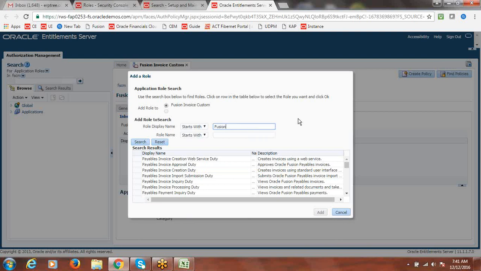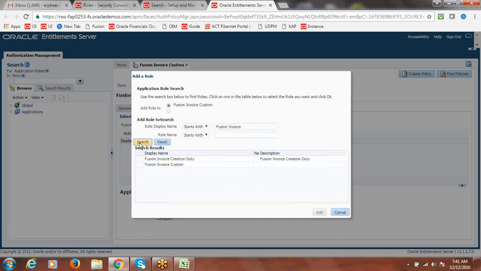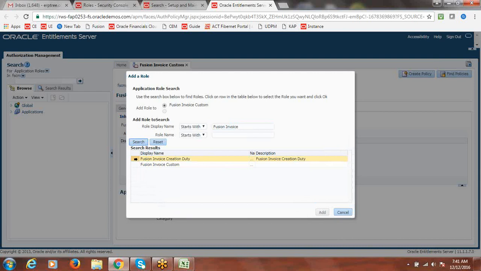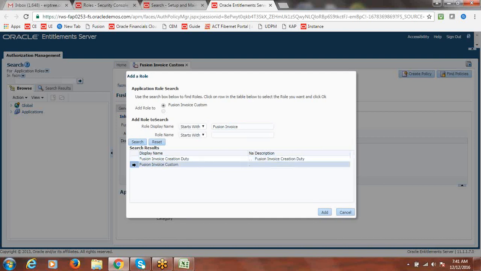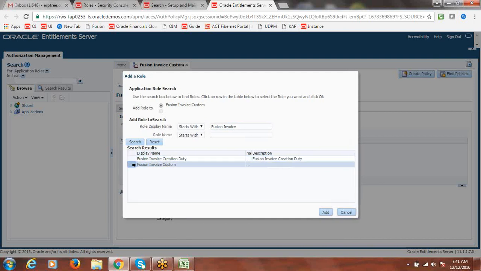The naming convention we gave was Fusion invoice creation custom. Search for it. Oh, this is the one we created. Fusion invoice custom.